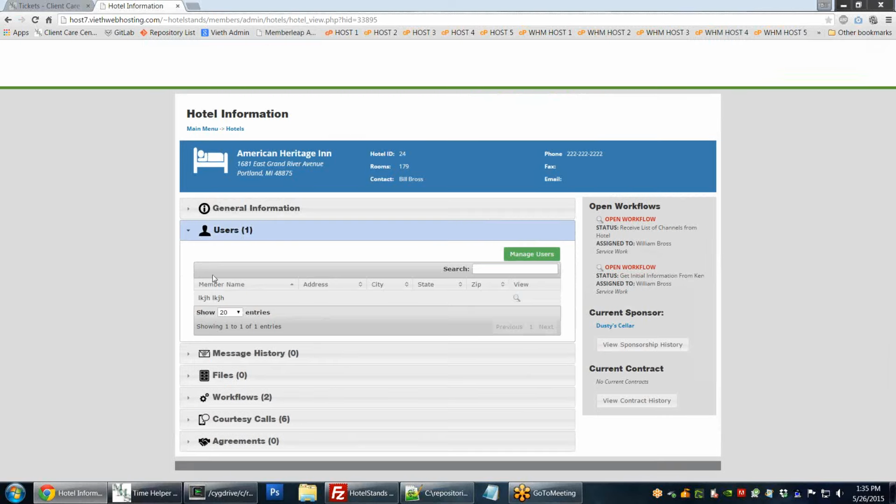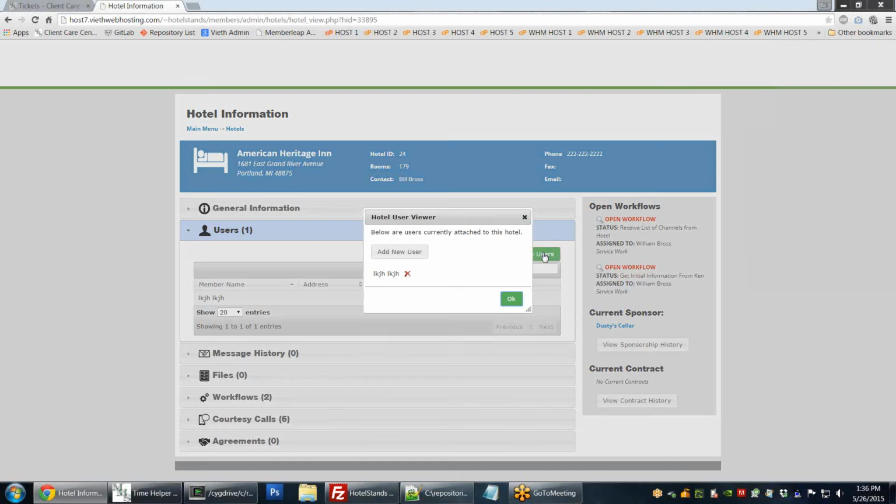The next one is the users. So any users that we've got tied to this, these would be users that can log in. Now we don't have any login functions built for them yet. So mainly the main purpose of this would be if you want to email them or just separate people out for the hotel that might one day be able to log in or something if we build that. But all the users are right here. We can click and manage them and do all sorts of stuff and add new users, edit, delete,